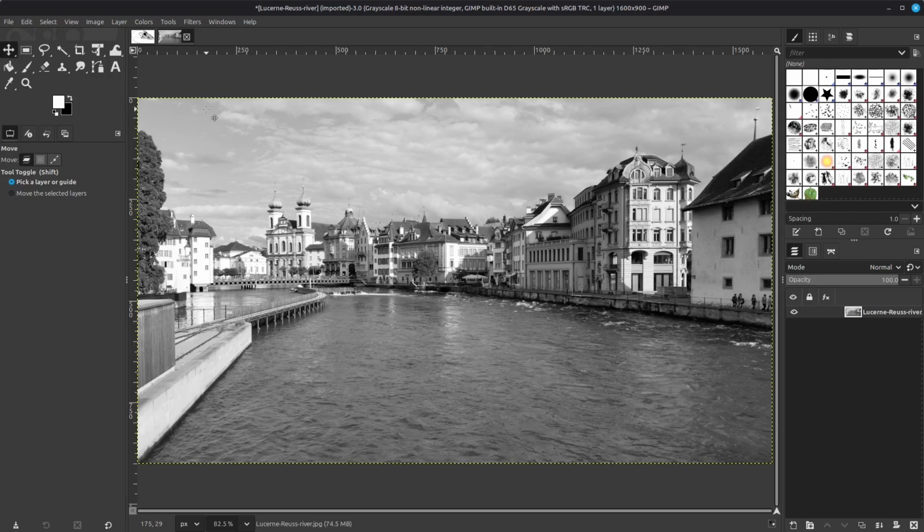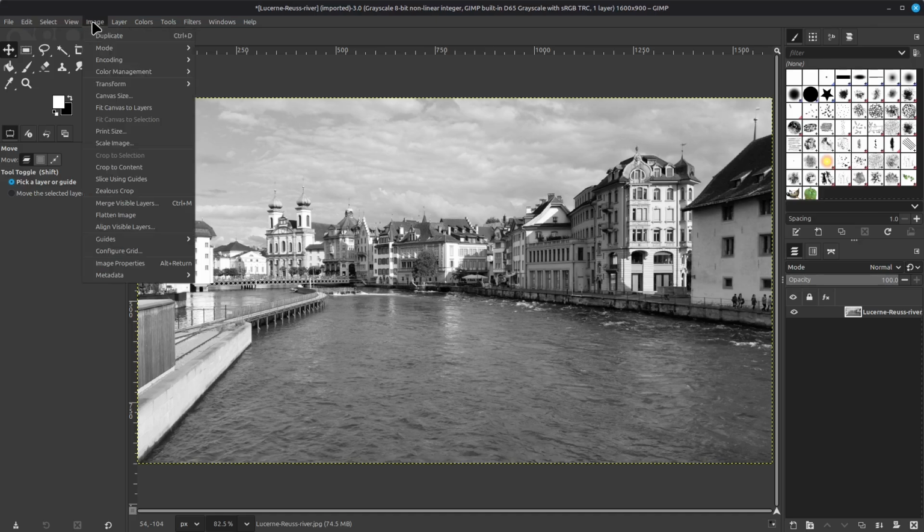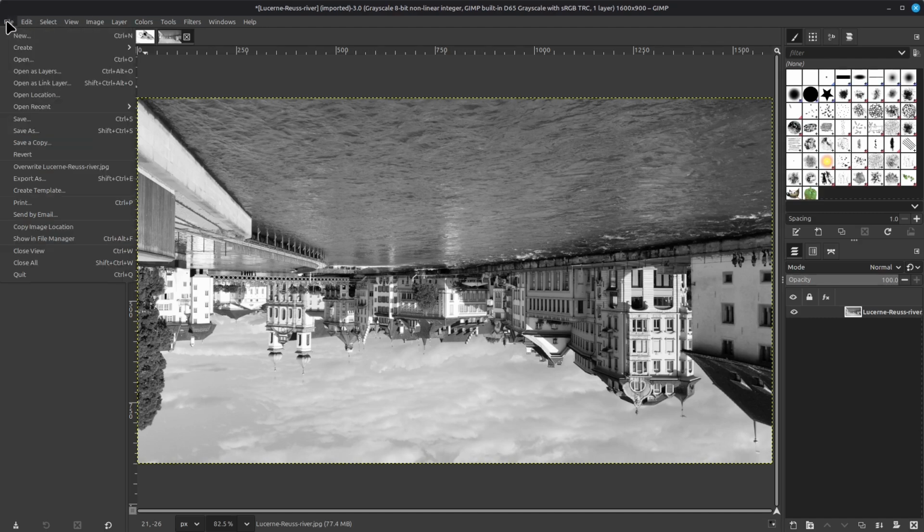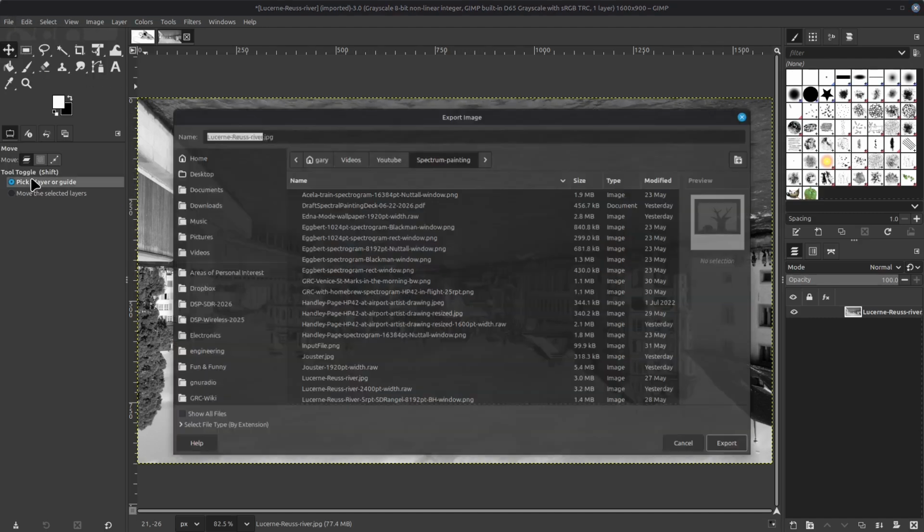Let's say that I'm going to import this into SDR++. In this particular case, SDR++ uses a falling waterfall, which means that I would want to flip this. So I'm going to click on Image, Transform, Flip Vertically. There, it's now ready for export. I'm going to click on File, Export As,